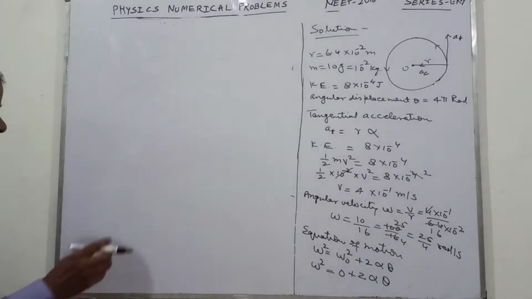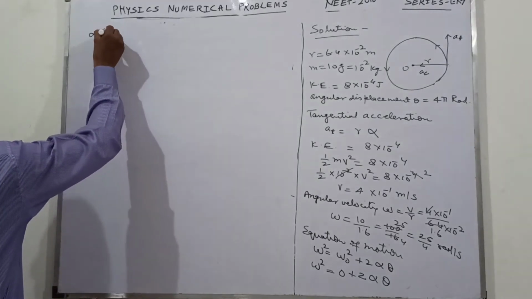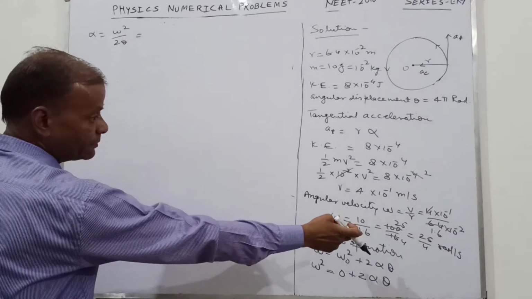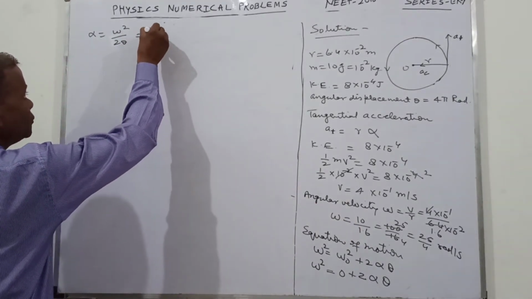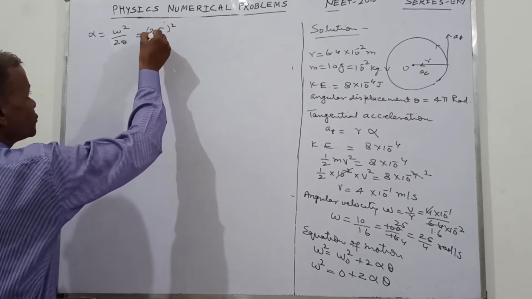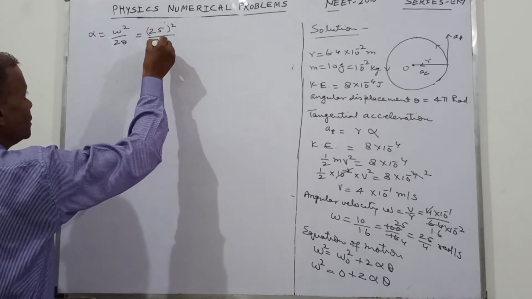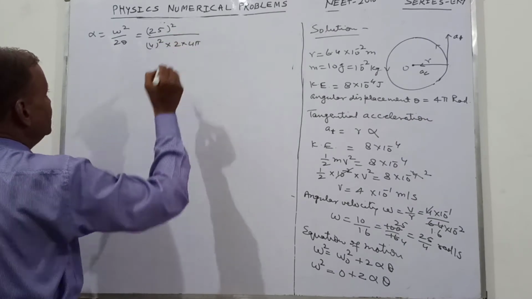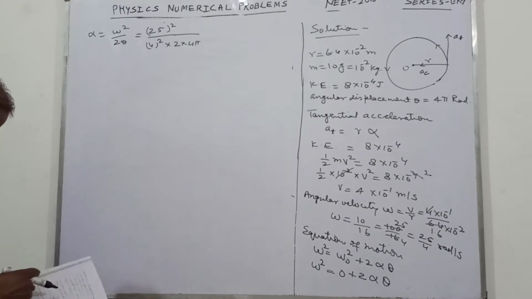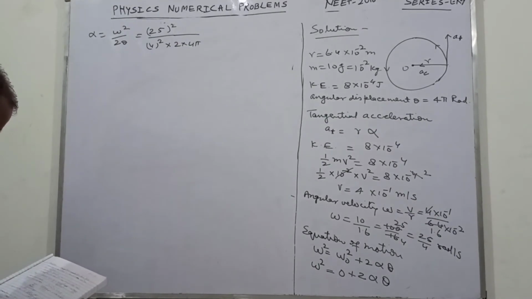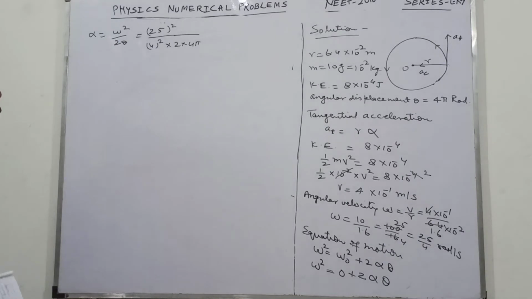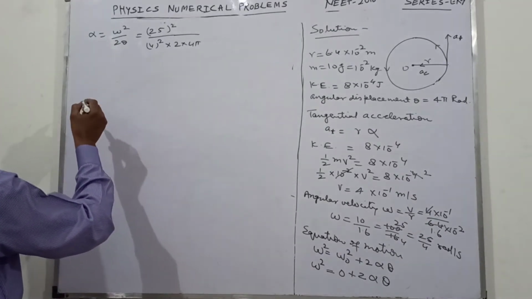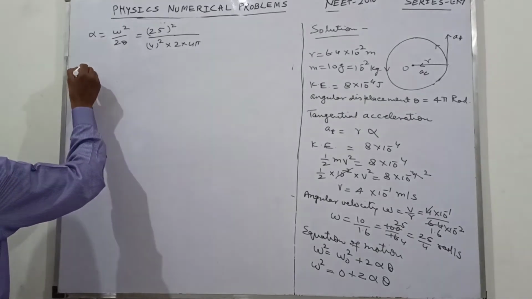So now you find that this alpha equal to omega square upon 2 theta. Omega is 25 upon 4. So this is now 25 square upon 4 square into 2 into theta, which is equal to 4 pi. And if you calculate this one, then you will remain with such. And now, therefore,